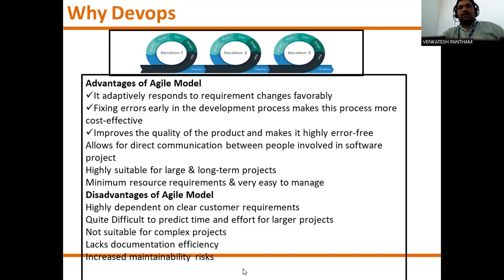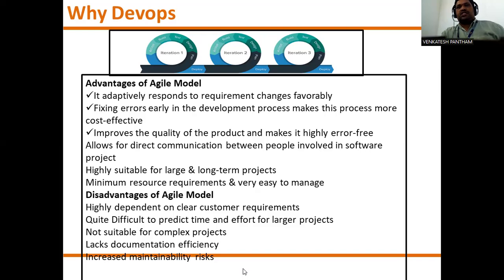Then results are produced. If any problem occurs in any situation, it is immediately rectified and tested. It is suitable for large projects also, and minimum resource requirements make it very easy to manage. So this is one of the advantages.